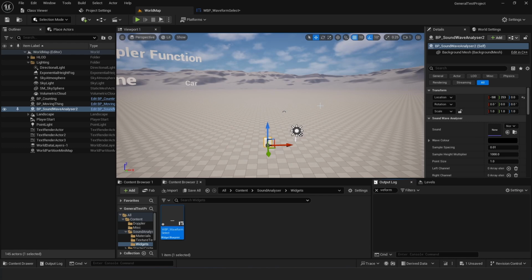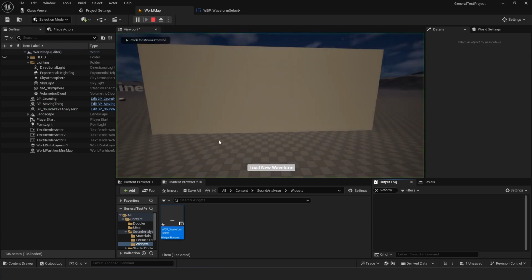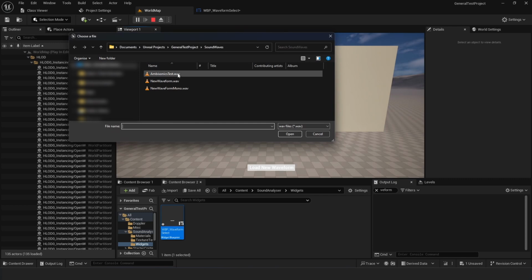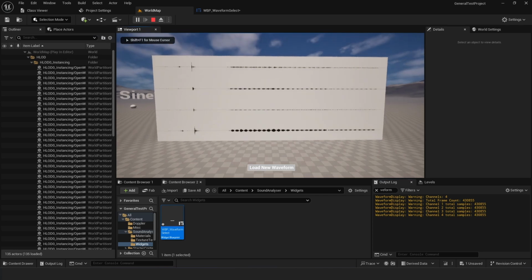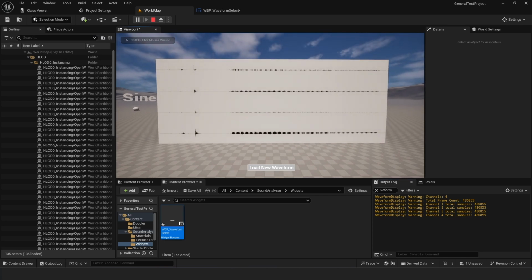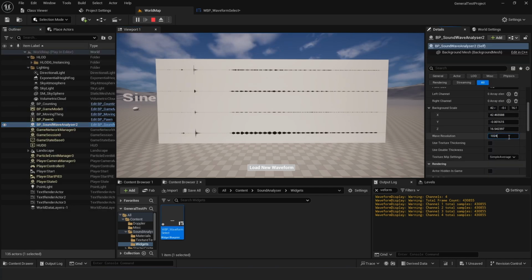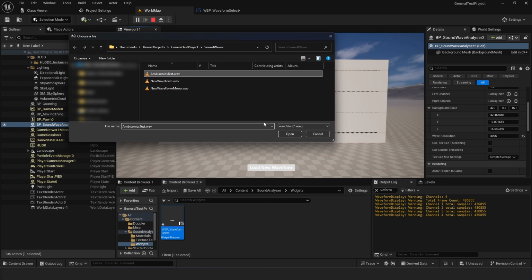This is how it performs with the new implementation using the 2D texture. So if we spawn in and then load the Ambisonics recording again and open that. So this time it opens and it draws a waveform pretty much instantly. So even testing that with a higher resolution, so let's times that by 4, load the waveform again,